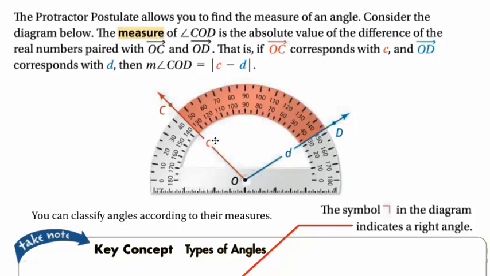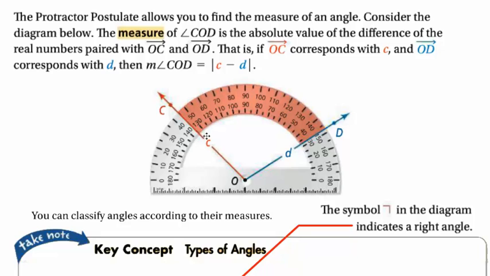So let's go ahead and look at how we measure angles. In this example, we're going to measure angle COD. So we need to find what those coordinates are on the protractor and subtract them and take the absolute value. So for angle C right here, they're going to call that little c,